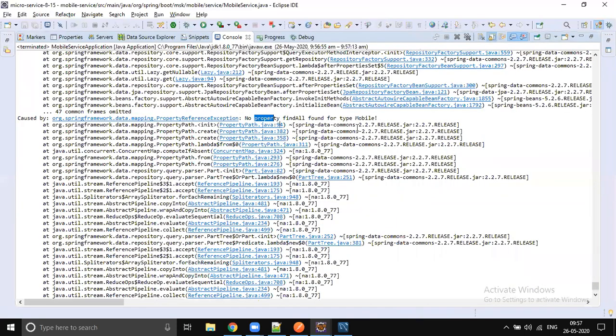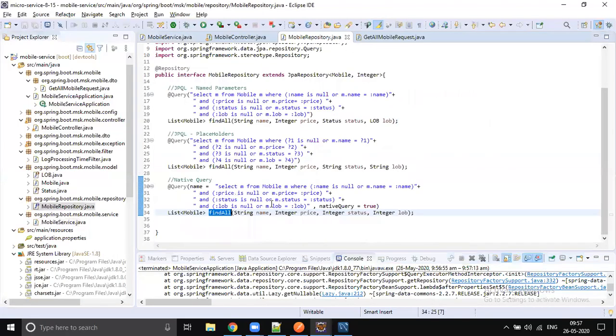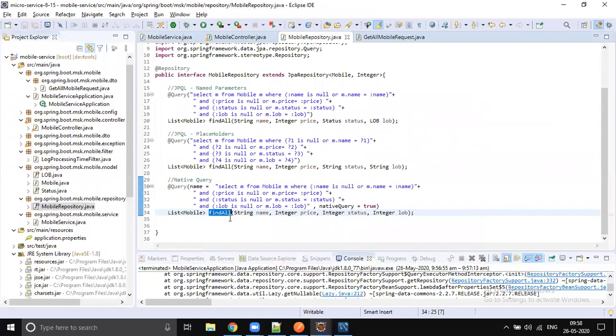No property found for type Mobile. Okay, native query. Let's change the query name: find all, filter mobiles by native query.